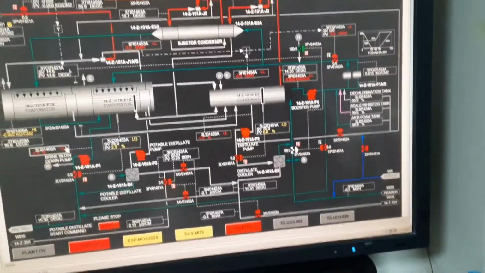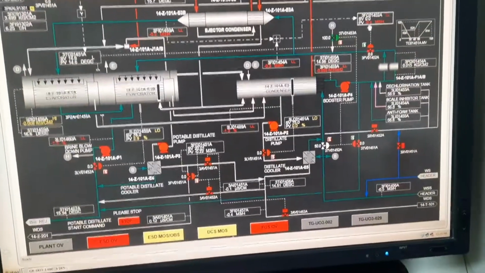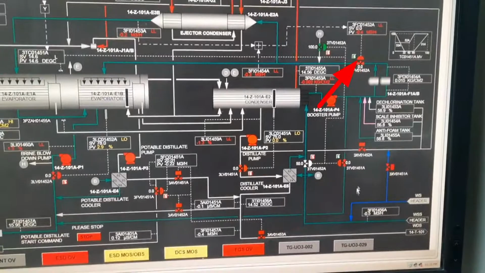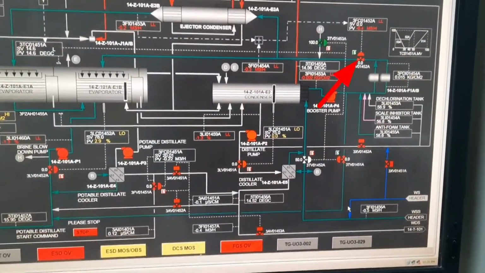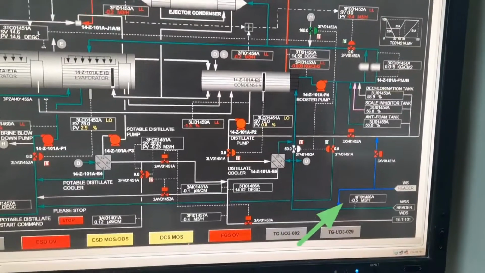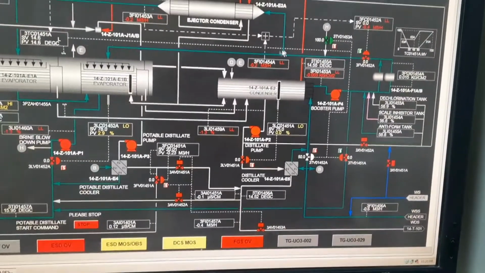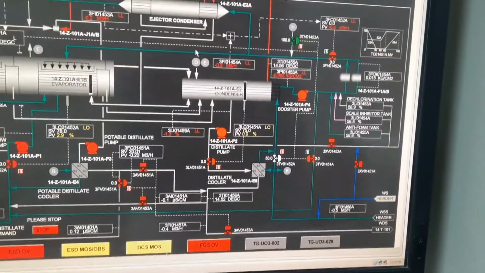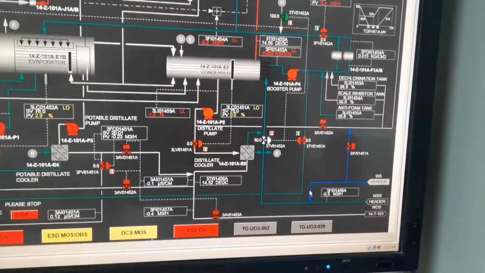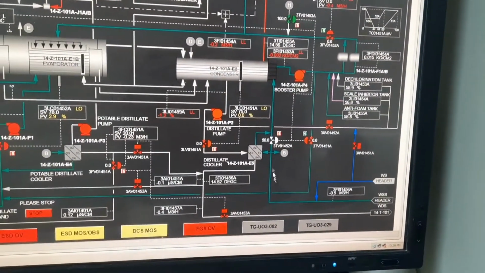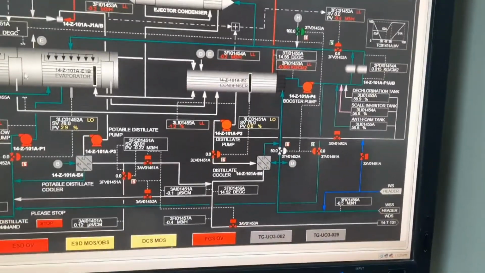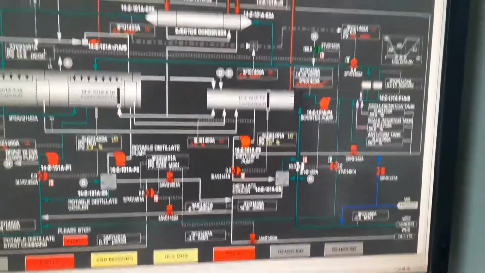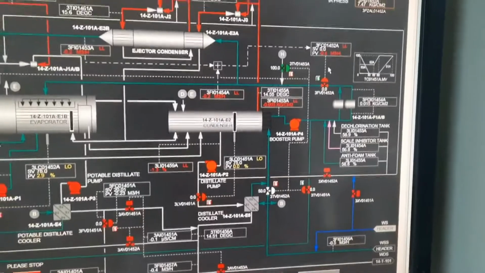So how will we make up? For the makeup of this service water, first you need to open the seawater spraying control valve 1452. Okay, and after that, inform the local operator to open the service water valve. When the service water valve opens, this water will come to this line, and you should confirm whether the cell 1 and cell 2 valves are open or not. They must be kept open. So when you open this service water valve, this water will come to cell 1 and cell 2. When cell 1 and cell 2 reach 81% level, at that time you need to close the service water valve, and after that close the seawater spraying control valve.